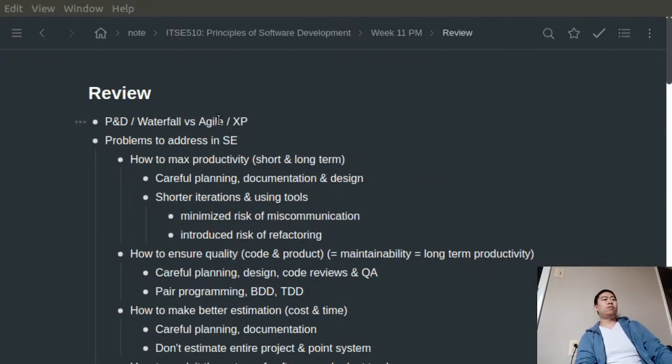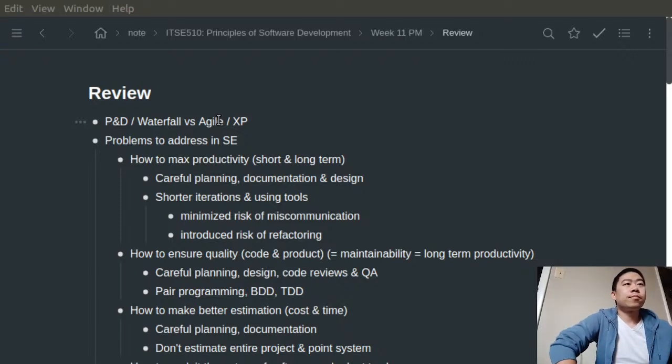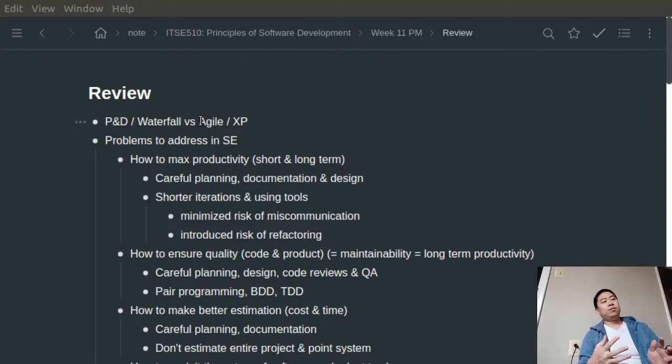Alright, let's start. So today is the last lecture for this course, and we'll take this time to review everything we've learned so far. First, at the beginning of this course, we were introduced to the programming model. The traditional one should be waterfall, or the term plan or documentation,